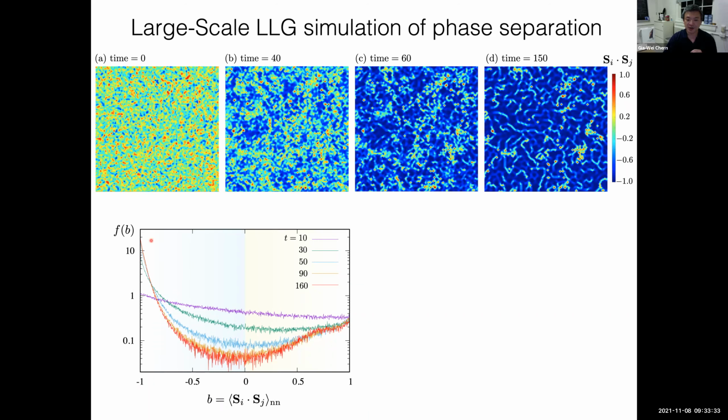So the appearance of these two peaks means the phase separation phenomenon. So the system spontaneously separates into some ferromagnetic clusters embedded in